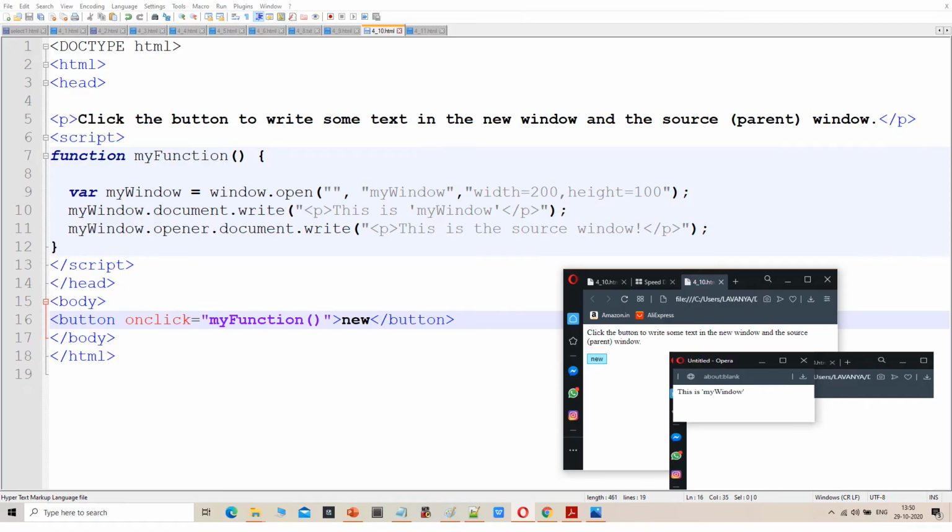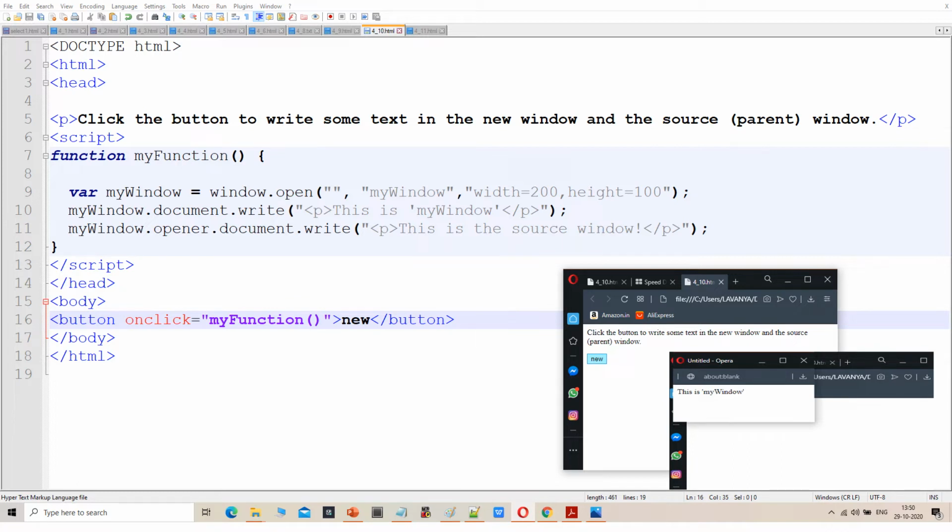See here, this is the program using a button click to create a new window. Doctype HTML tag, head tag, then click the button to write some text in the new window and source parent window.